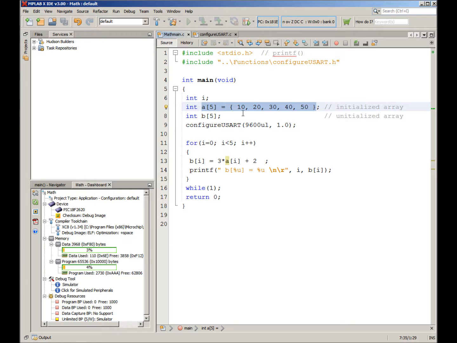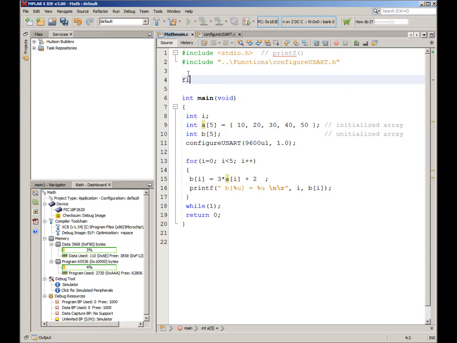You might remember what you do is an n-dimensional Pythagorean theorem. So 10 squared plus 20 squared plus 30 squared plus 40 squared plus 50 squared, square root, gives you the length or norm of the vector. Now what comes back is going to be a float, so F-L-O-A-T, and norm. And what we have to do is tell it we want to use a vector. So it's an array of type integer,